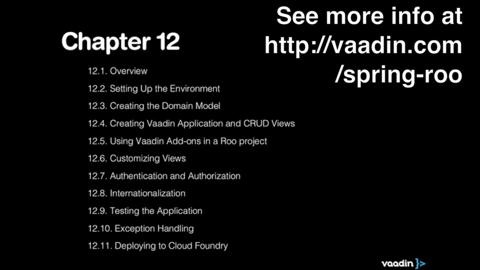For chapter number 12, the overview looks like this. So we described how to set up the environment, how you create the domain model in Spring Roo, how you create views, and how you use add-ons with Spring Roo, and how you make your own custom views and add them to your application, and how you authenticate and authorize users to different views, and how you internationalize the application, and testing